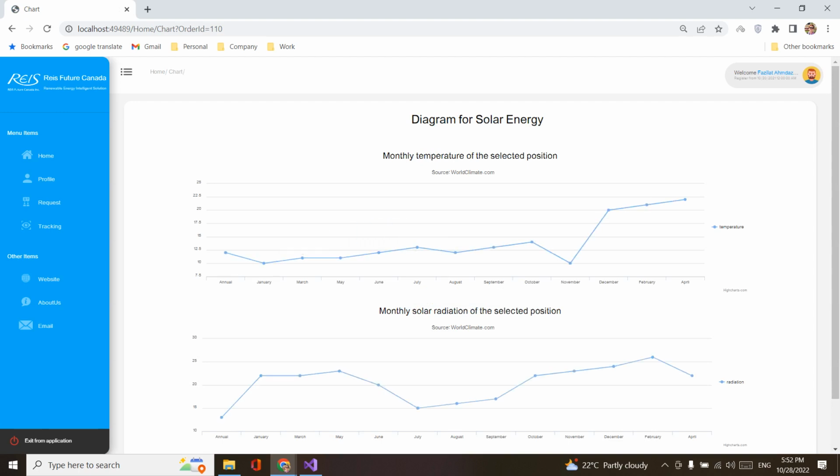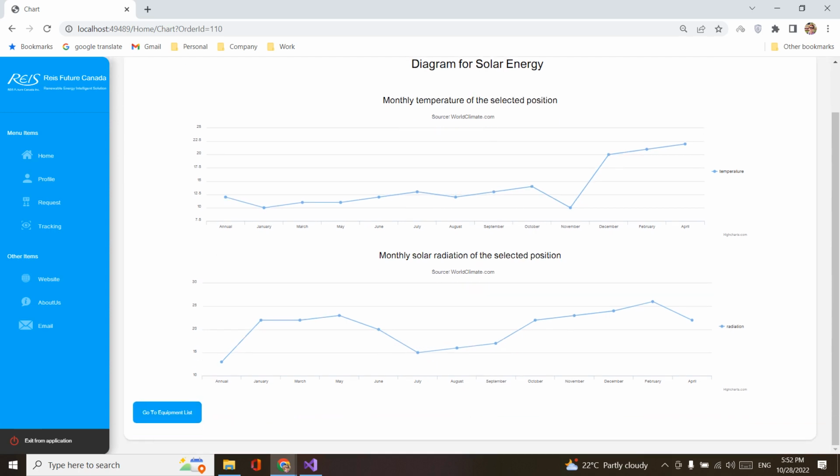After that, you can see two diagrams for monthly temperature and monthly solar radiation for the selected position. And then you can see the equipment list.